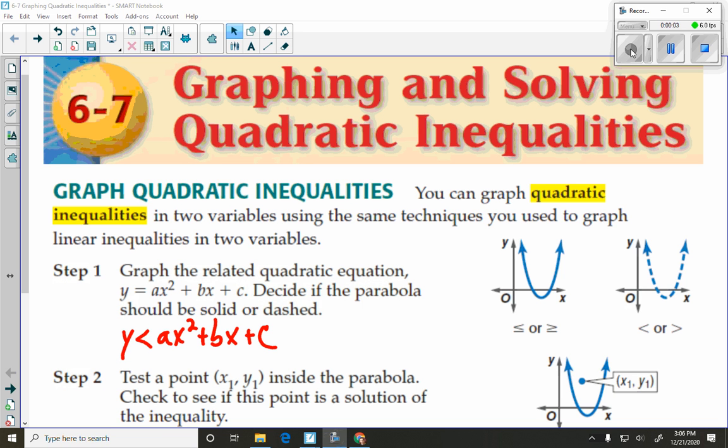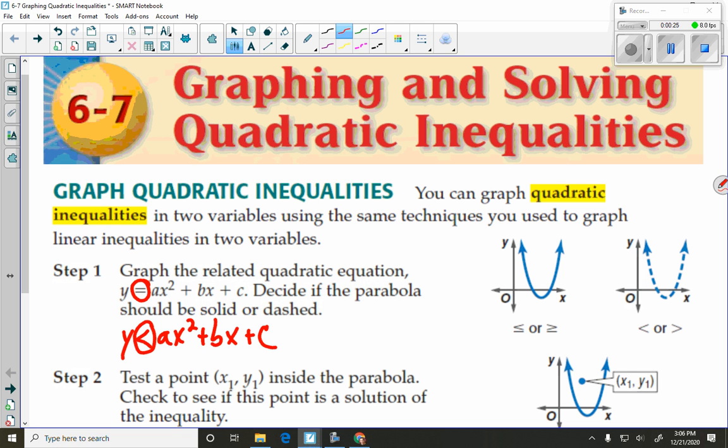Hello. Today we're going to talk about solving and graphing quadratic inequalities. So an inequality is the same thing as a quadratic equation. It just has a less than or greater than sign instead of an equal sign. Okay, so if I have a less than or greater than sign, I'm going to treat it just like an